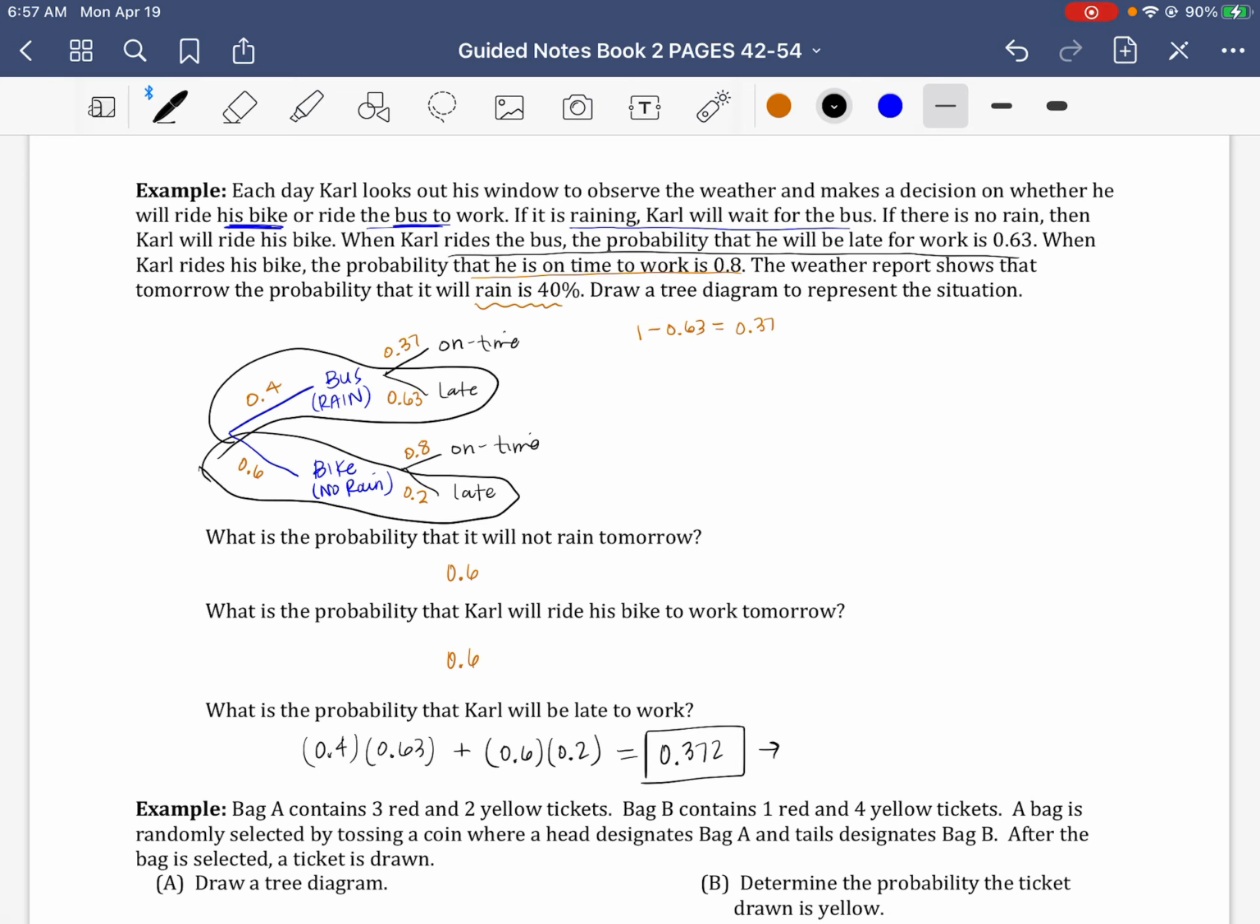Okay, so again, the probability of being late, just recognize there's more than one branch that takes you there, right? It's either the bus and then he's late, or, and every time it's or we add, it's the bike and he's late. So we have